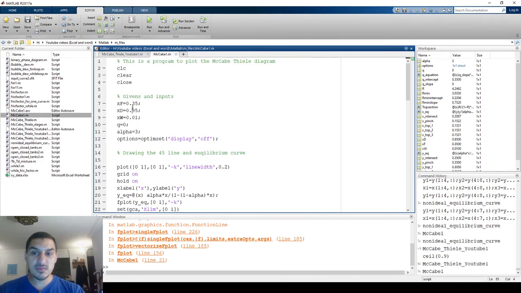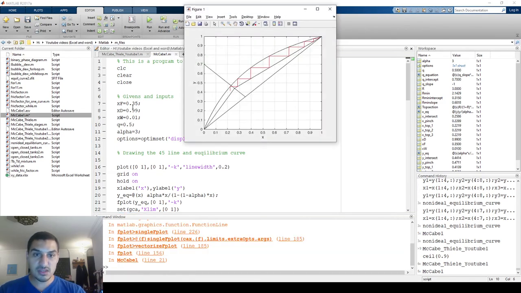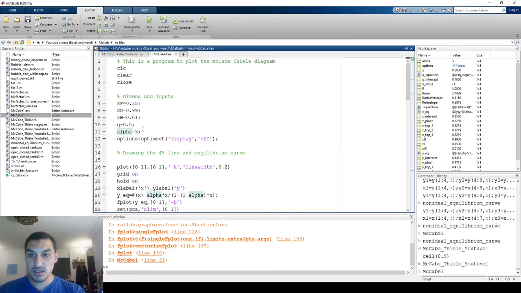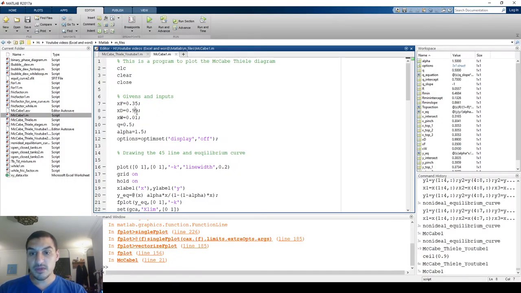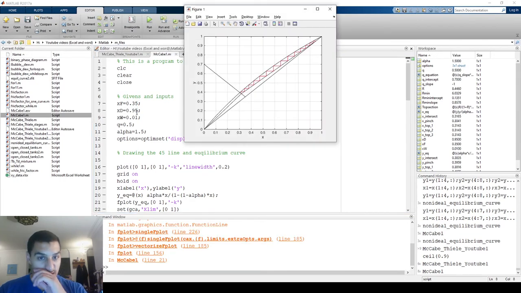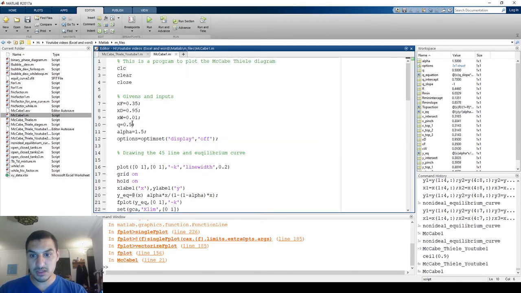Okay, and it doesn't matter if I change this to 0.99 and change the Q to 0.5, it's going to work. And you see, it gets harder when the relative volatility is small, because you have a difficult separation. In this case, you would get very, very small space here for you to draw the stages, and it gets more difficult when you go this way. I'm going to make it 95% so that it's not that bad, and I'll make it 2.5, for instance,